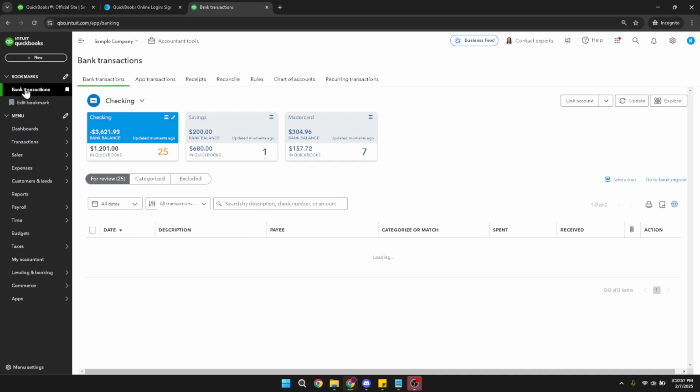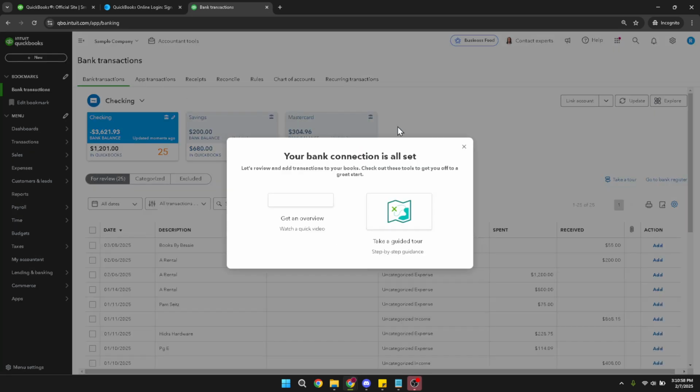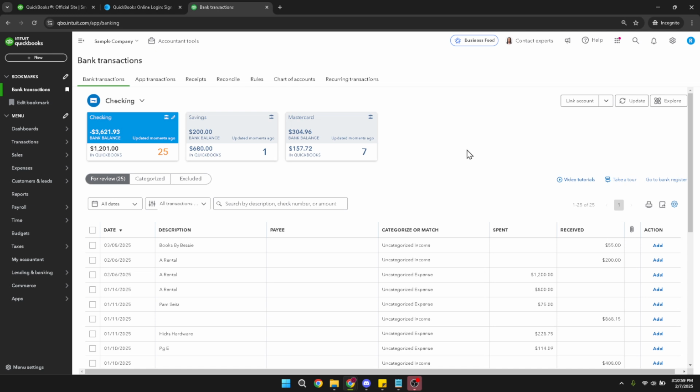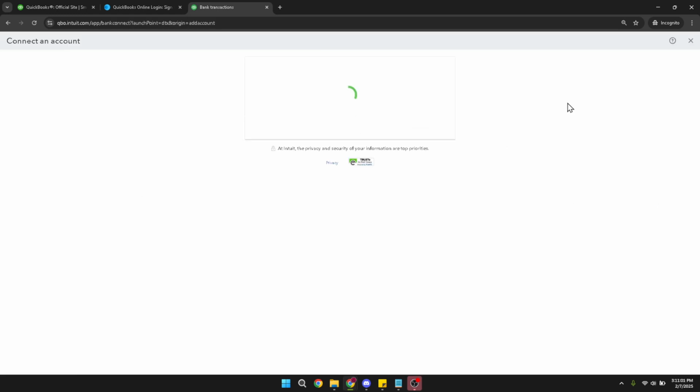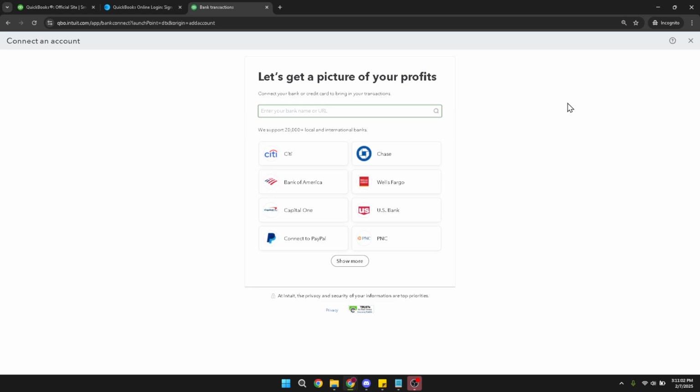Now, in the top right corner of this page, you'll see an option that says Link Account. Click on this button to start connecting your chosen bank account or credit card to QuickBooks. Doing this will enable you to automate the import of transactions, which is a massive time saver for busy professionals